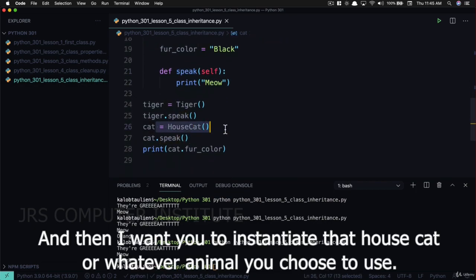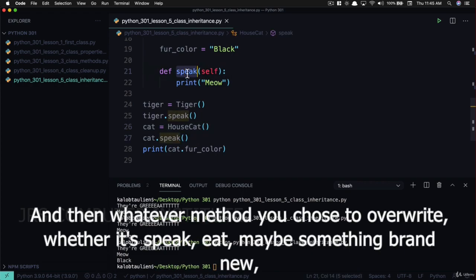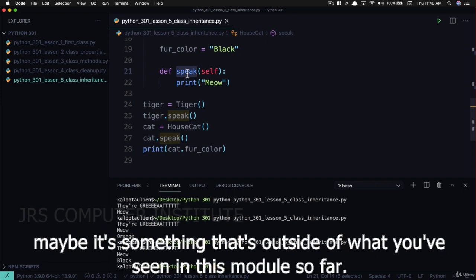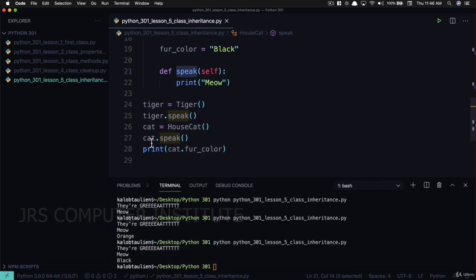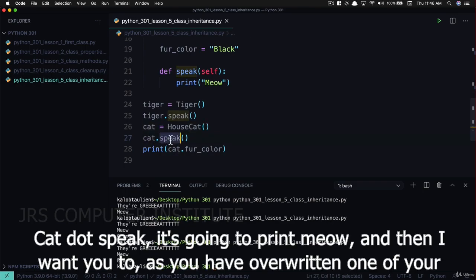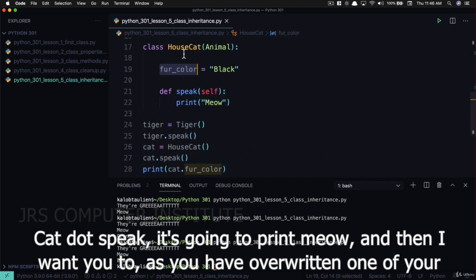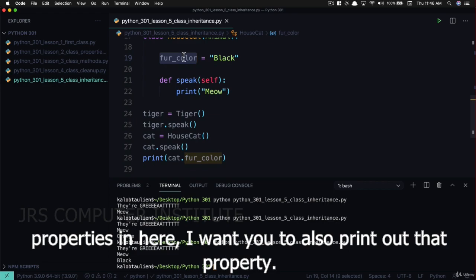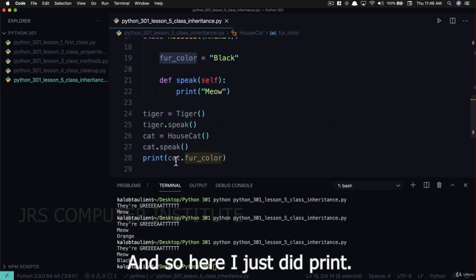And then I want you to instantiate that house cat or whatever animal you choose to use. And then whatever method you chose to overwrite, whether it's speak, eat, maybe something brand new, maybe it's something that's outside of what you've seen in this module so far, I want you to execute it. Cat.speak is going to print meow. And then, as you have overwritten one of your properties in here, I want you to also print out that property. And so here I just did print